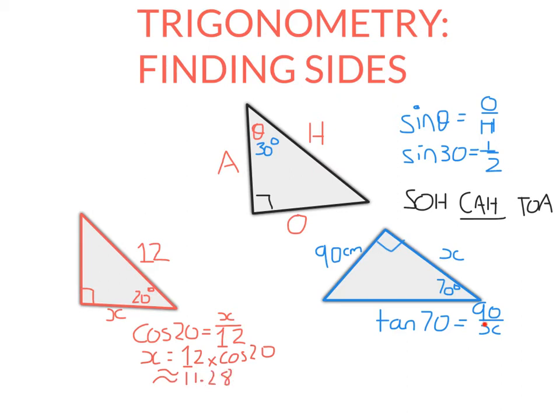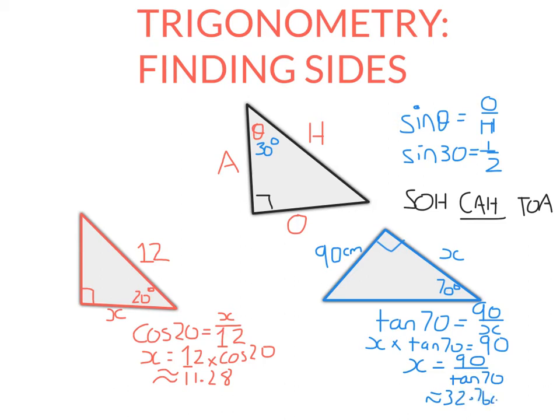Now over here, x is on the bottom. So to solve this equation, what I can do is times each side by x. That'll get rid of the fraction. And then I've got x times something equals 90. Now, tan 70 is just a number. Has a lot of decimal points, but still a number. So the way we undo timesing by tan 70 is dividing by tan 70. So I get x equals 90 over tan 70. And the answer I get there is about